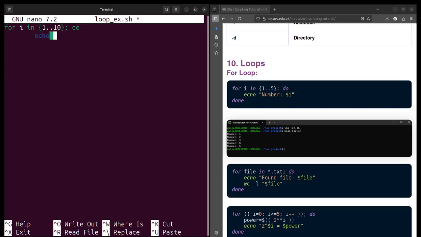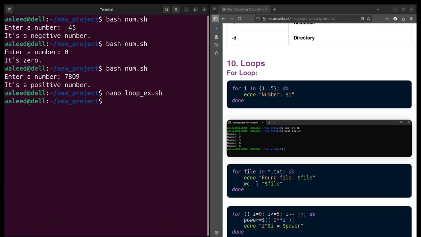Let's say you want to print number, dereference, sorry. So it will simply dereference that I each time from 1 to 10 and print number 1, number 2, number 3 and so on to number 10, and then at the end you simply write done, and then save your file and exit.